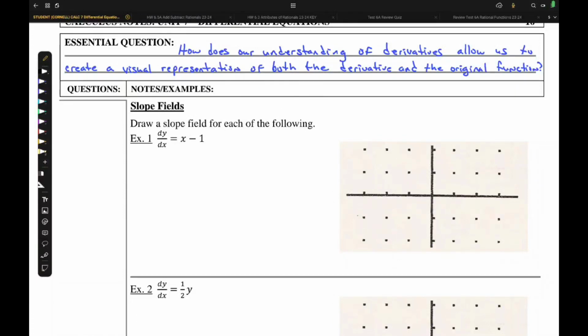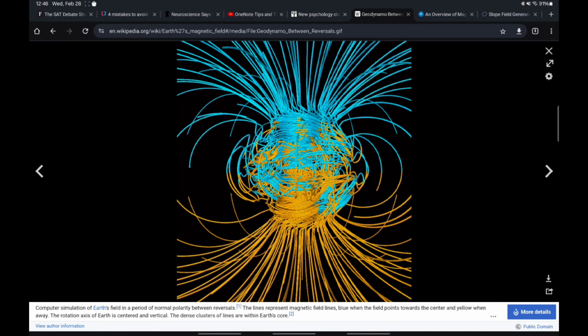So the last thing in differential equations that we're going to talk about is a slope field. And before we get started on this, I want to talk a little bit about what a slope field is and what it looks like. So some of you guys are familiar with magnetic fields. And so basically